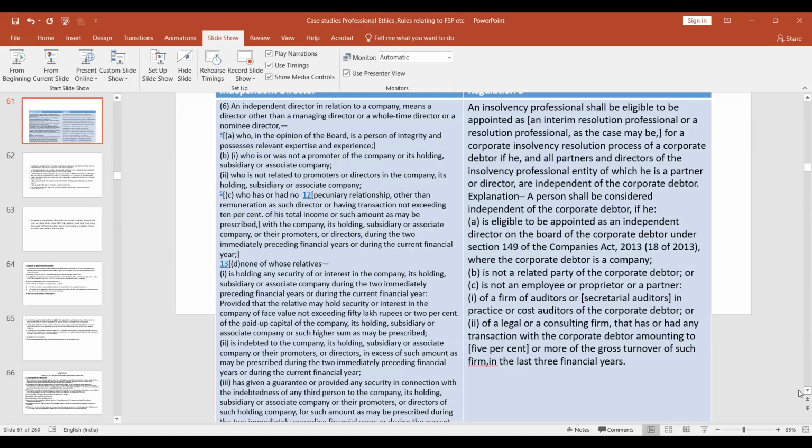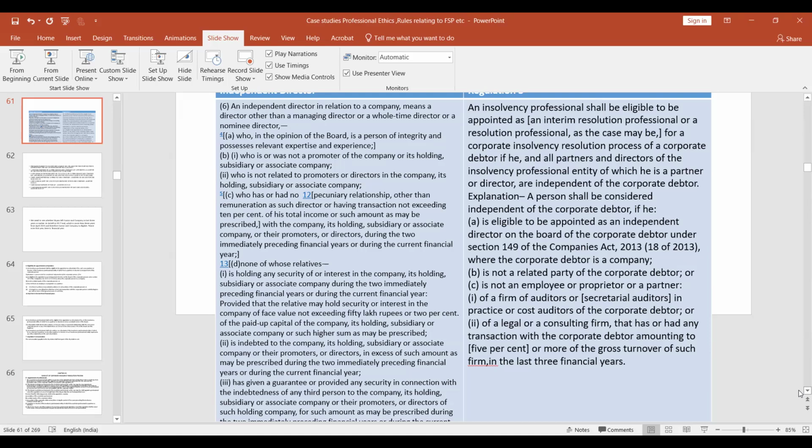Employee, partner or proprietor. Right. Suppose currently I am the auditor of a company, sir. So I cannot be appointed as an RP. No, definitely not. But they allowed it for individuals and partnership firms. No, under part 3, I think it is allowed, sir. The auditor can become an RP for an individual. Okay, no, sir, let me open it. No, sir, I understood your question. होना नहीं चाहिए sir.